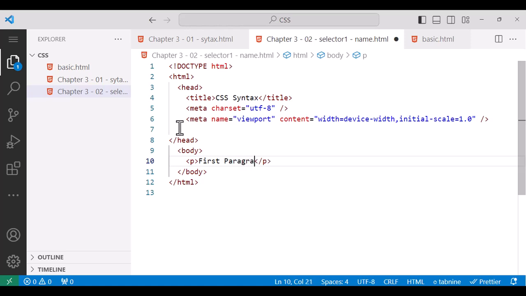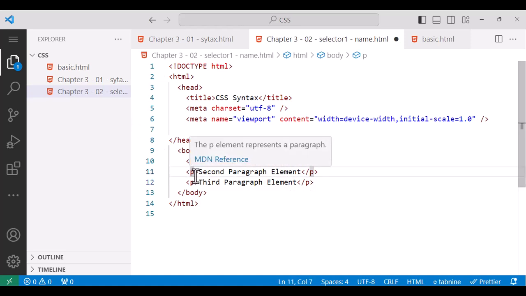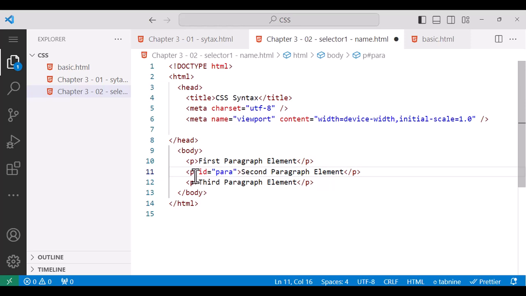First paragraph. So in order to select elements using a name selector,